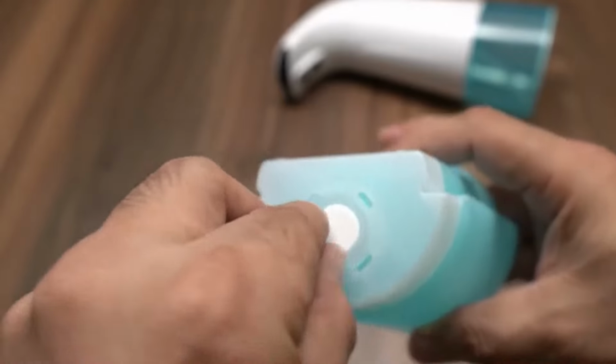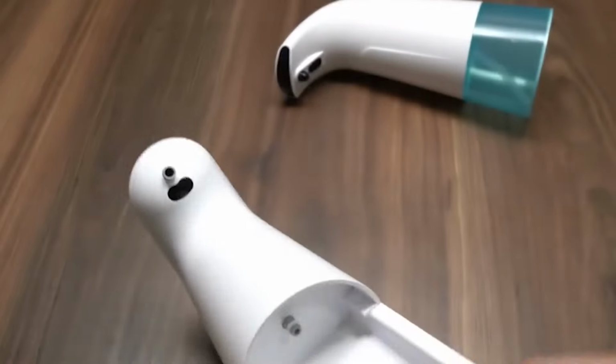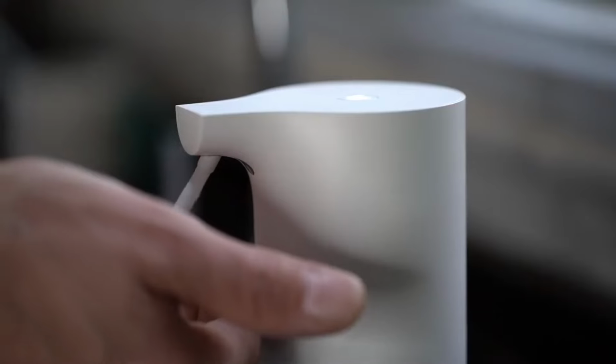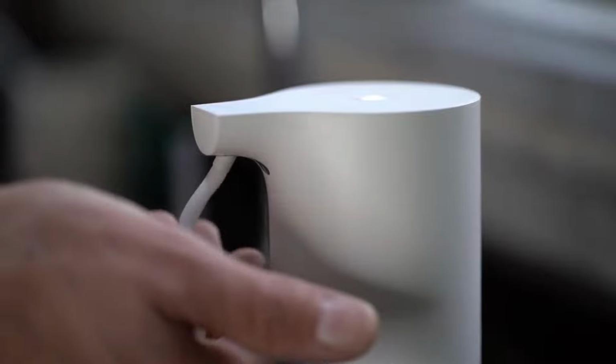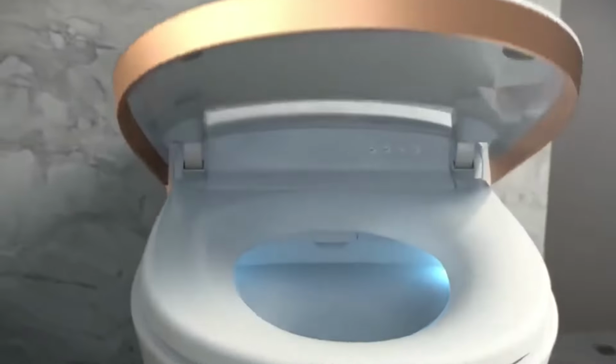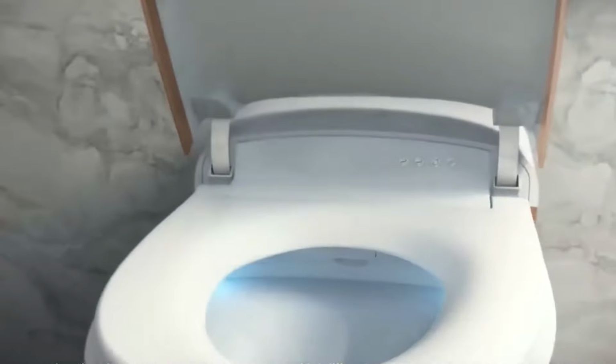Another Amazon bestseller, a 500mm 4AA alkaline battery-powered liquid soap dispenser. The infrared sensor detects your hands from up to 2.75 inches away. Number 6. Intelligent Toilet. You can set the temperature and pressure of your water cleanse and air dry, as well